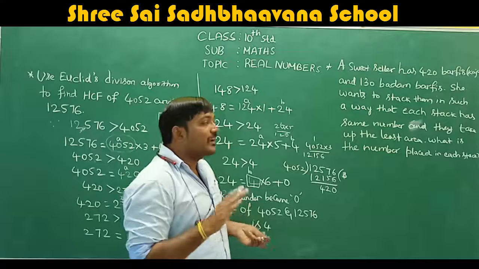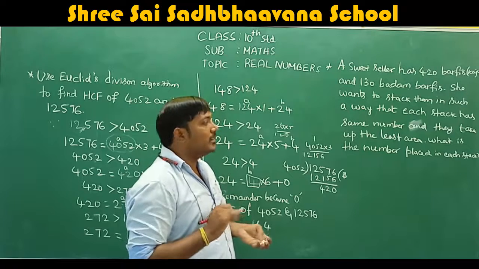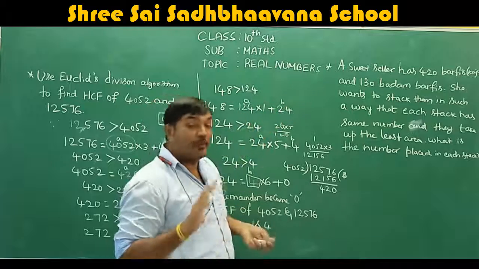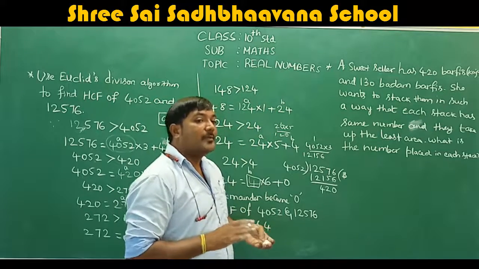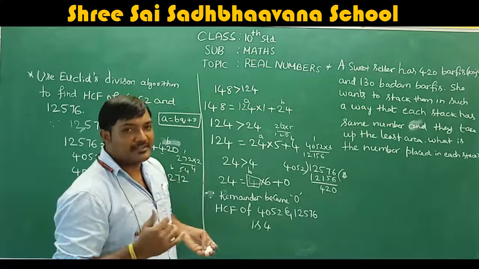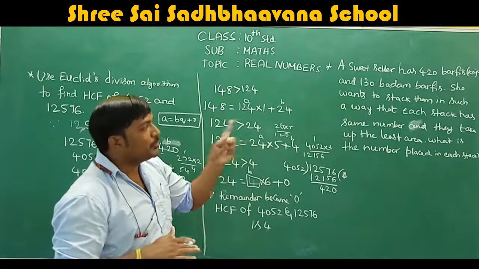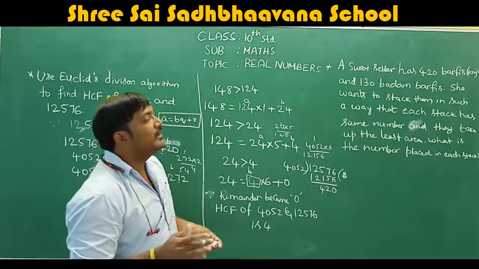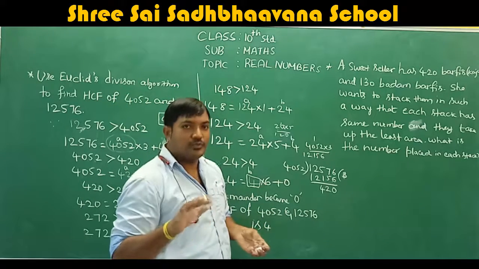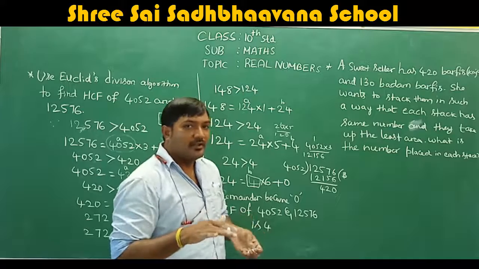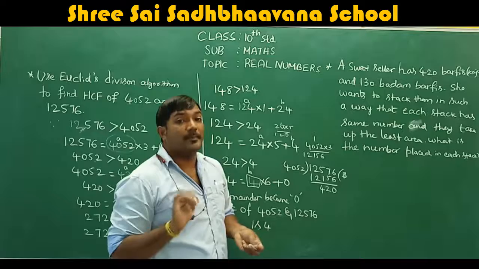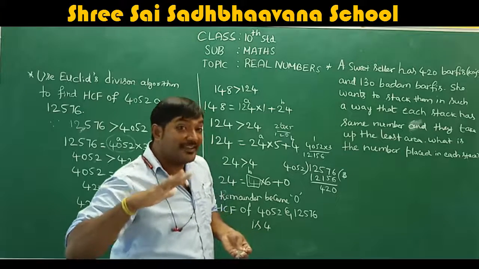Okay, so when is this possible? See, it is very simple here. You have to find the HCF. Why only HCF to find? Because the highest common factor of both 420 and 130 will make your sum easier. Correct. If you take that many stacks, you can put all these burfis in the proper manner and in less area.